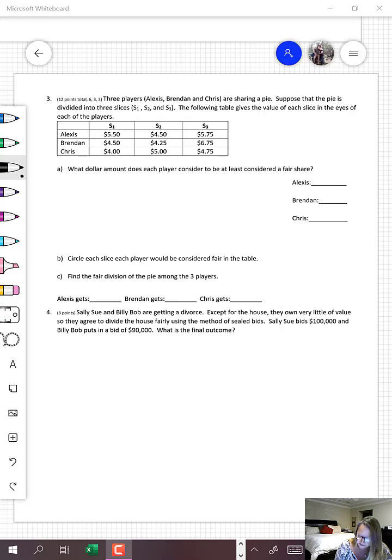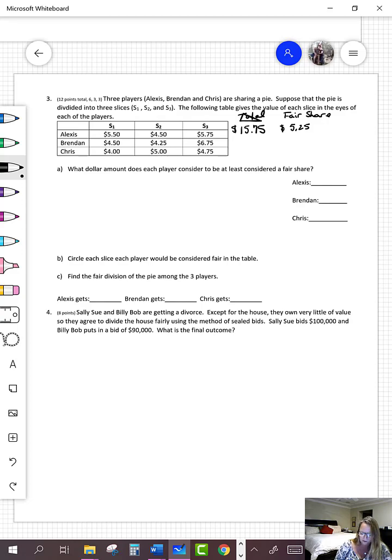$5.75. So let's go through here and total the value of each slice together for each person. If you add $5.50 plus $4.50, that's $10, and $10 plus this $5.75 gives us $15.75. We're going to need to know what the fair share value for each person is. And so if you take this number, $15.75, and divide it by 3 people, each